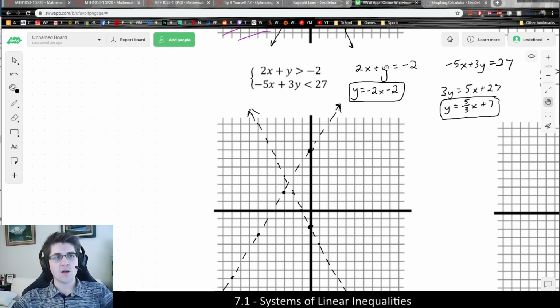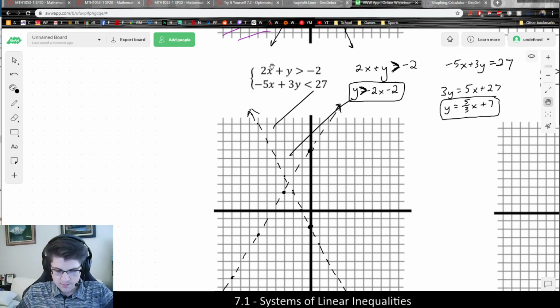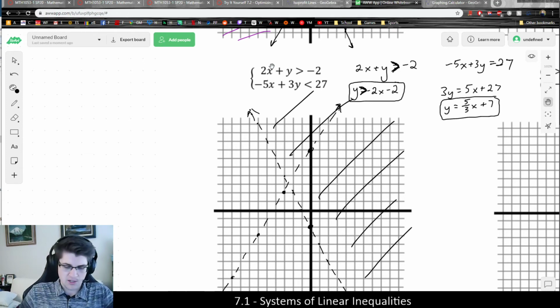What I recommend is while you're solving for y, make sure that you're also dealing with the inequality at the same time. Because if I was to write this one using its inequality instead, 2x plus y is greater than that, and when solving for y, it would leave me with y is greater than negative 2x minus 2. So that would give me all the values that are above negative 2x minus 2, and that should be my shaded region